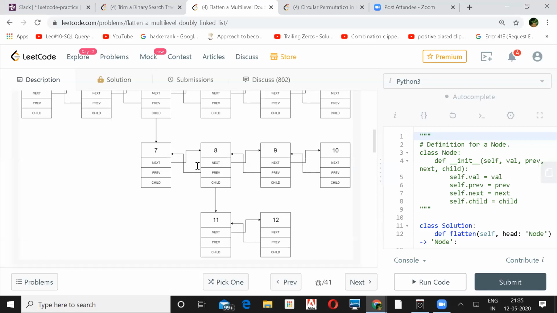Then at 12, because its next is null, we'll have to stitch it back to 9, and 9's previous should be stitched back to 12, and then basically exit and backtrack. And when we backtrack, we are back at the end of 8. I mean, we are back at 9 because 8 has been processed. And by that time, 11, 12 has already been inserted in between 8 and 9. So 9 can simply continue.